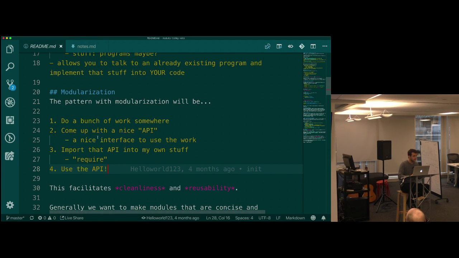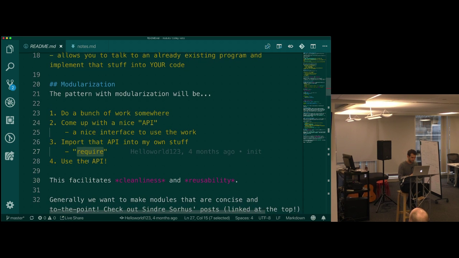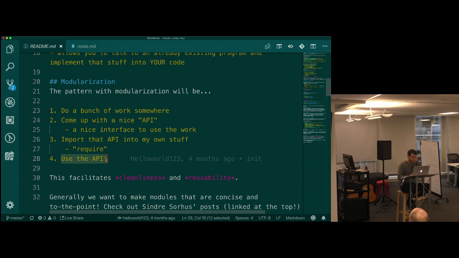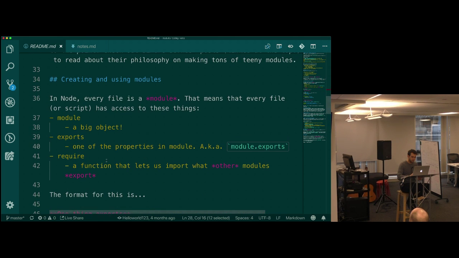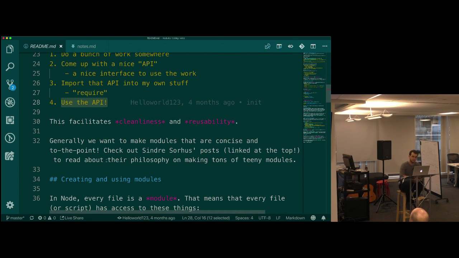And then that API can be brought into other stuff, right? Using a word, require, which we'll see soon. Once that's being required in, we can use this API. Yeah, I'm going to talk about this a little bit.